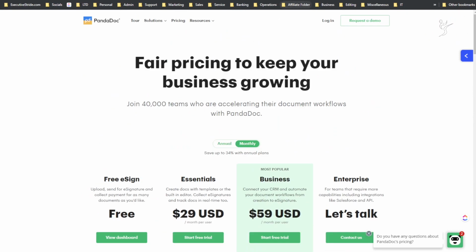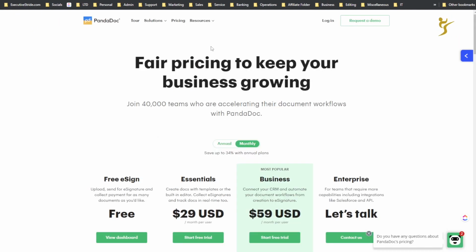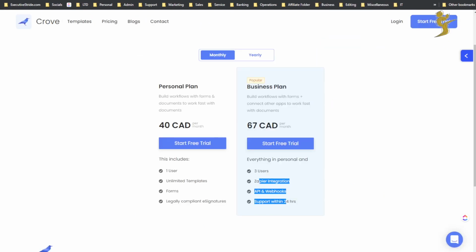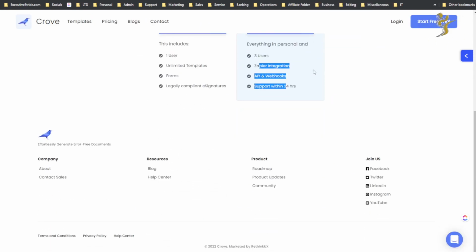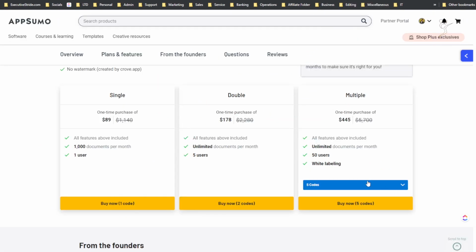This is pretty much if Crove can add some of PandaDoc's features. They told me that they're adding the Stripe thing. So that's why I'm gonna keep it, and I'm probably gonna add 2 more codes at least, because if they add the Stripe thing, even if their analytic tracking doesn't come out right away, or I haven't asked them about that, I hope they do, because that's super crucial in my opinion. Then I could use Crove potentially for our sales team and our company, and that's gonna save us a lot of money, because if I spent $450 US